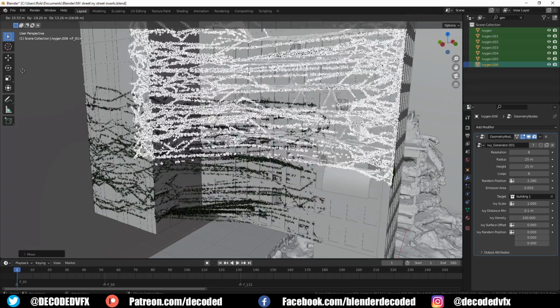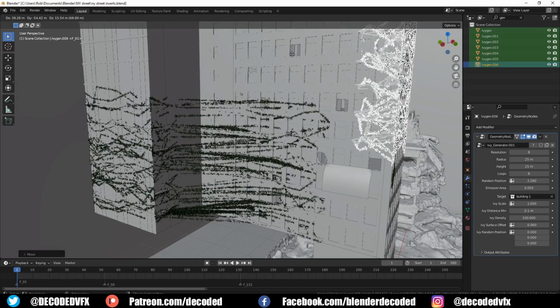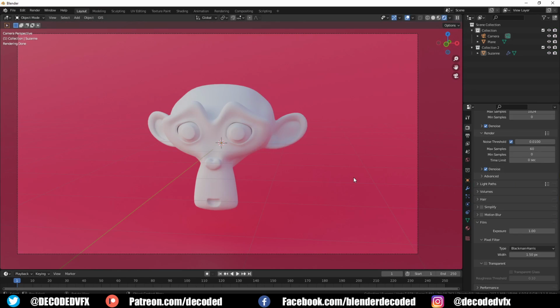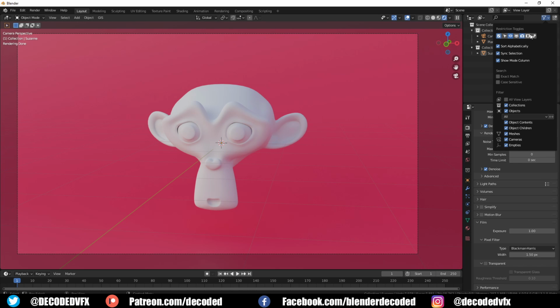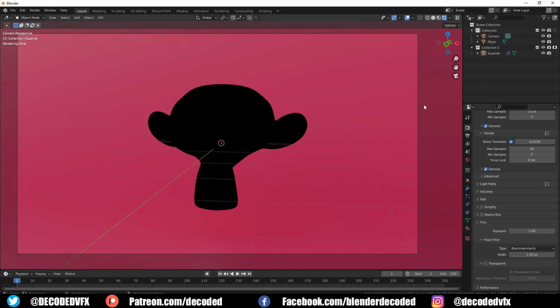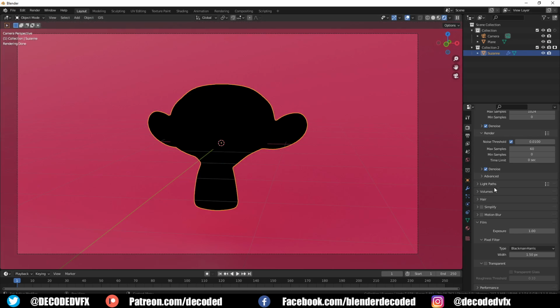I needed a way to mask out all the parts of the ivy that should be hidden. You can do this fairly simply in Blender using render holdouts. See, if you add an object to a group, you can enable holdout for that group setting. By default, this will just make all the objects in the group black. But if you go to film and enable transparency for the background, you'll get a transparent alpha layer where that